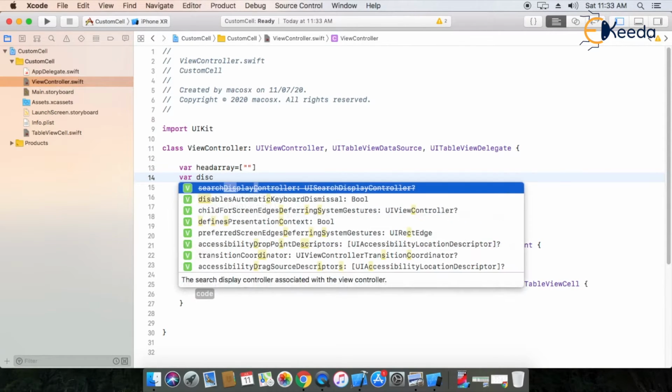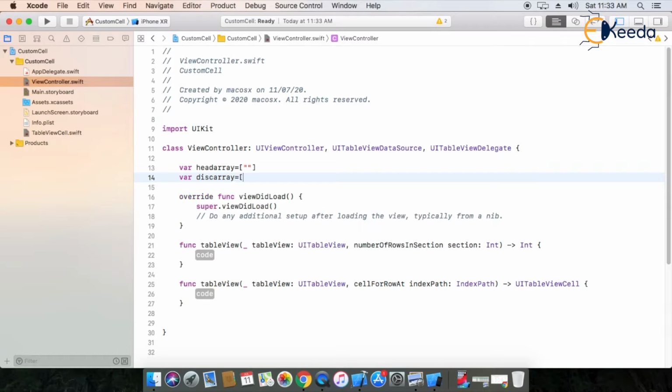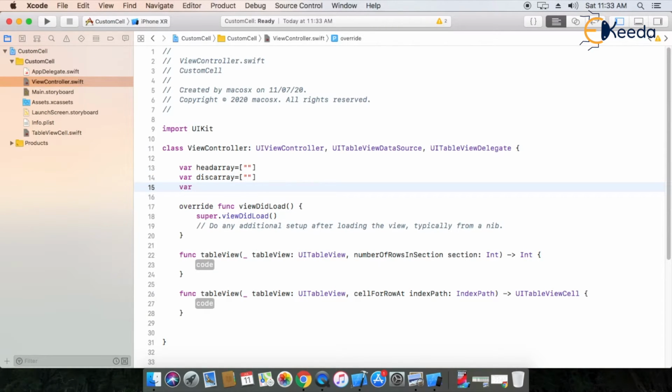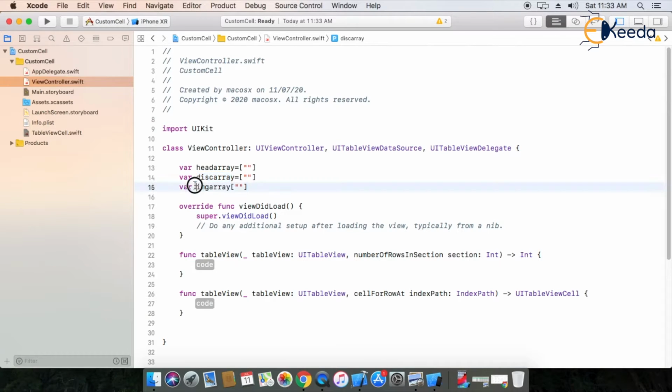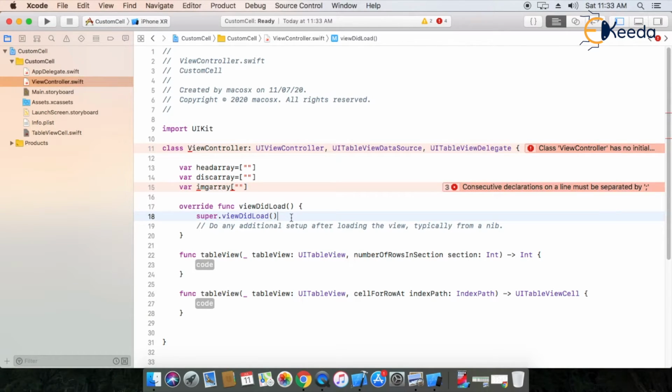For the description I am creating another array, a description array. For the image I am creating one another array as an image array. So I am creating three different arrays, one for the heading, second for the description and third for the image. Okay, so now let's try to implement it